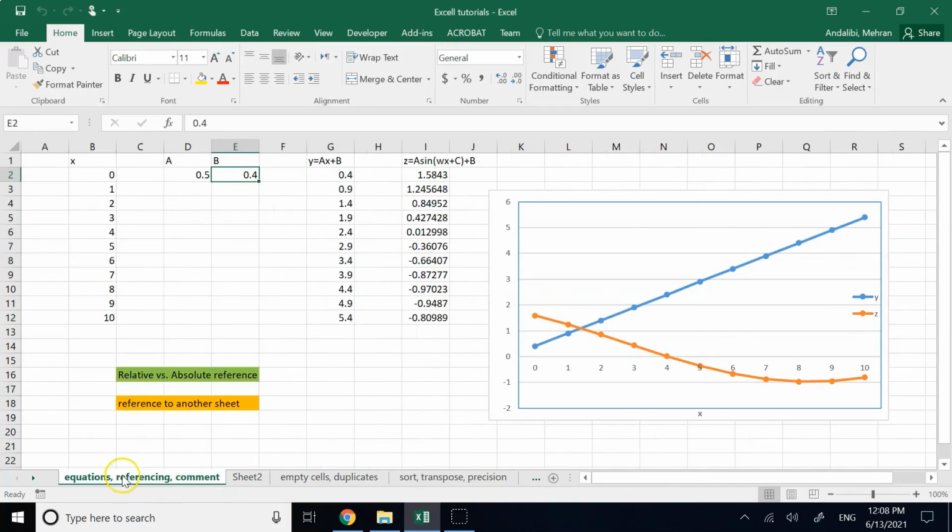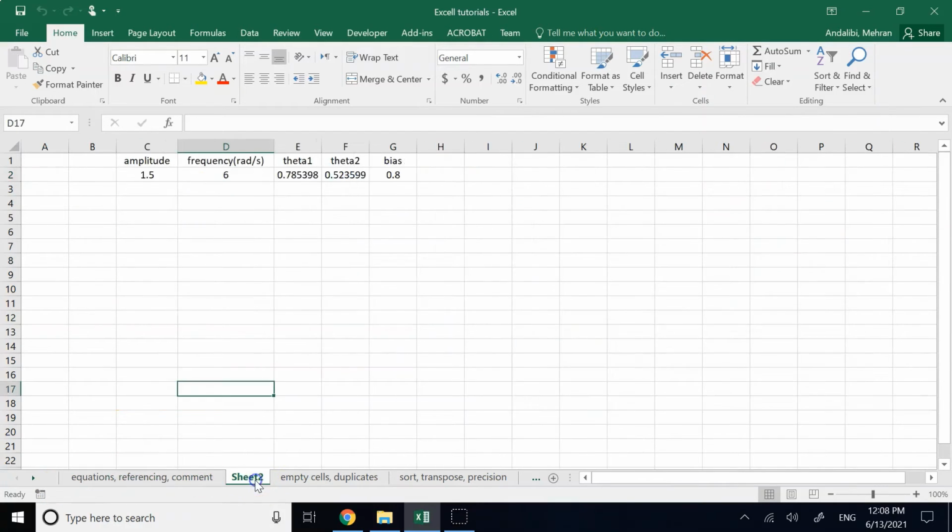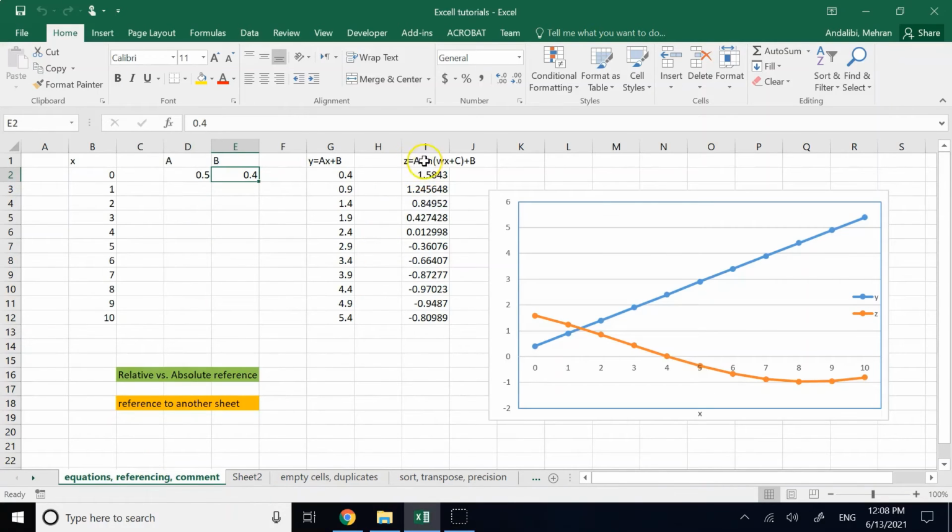So right now I'm trying to link this sheet with this name to sheet number 2. I want to read this data from sheet 2 and then plug them into the formula for A, W, C, and B. So how can I use the values in cells in another sheet? That's where you have to use the exclamation mark. So look here, the way I did it is,